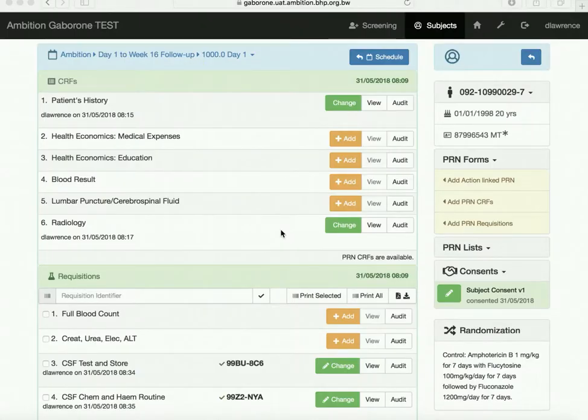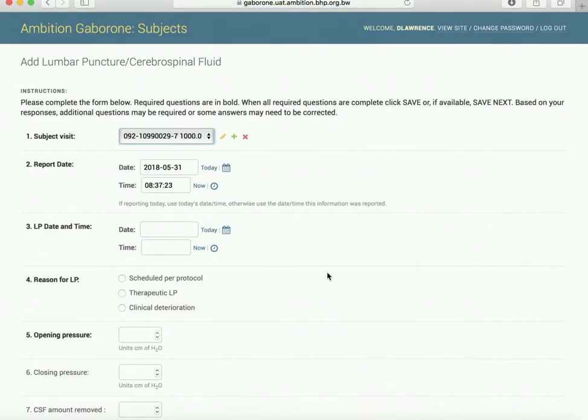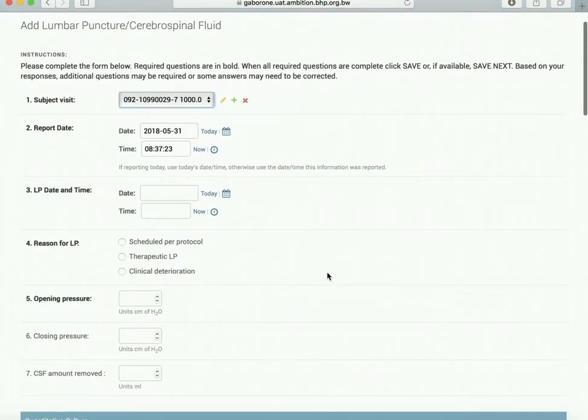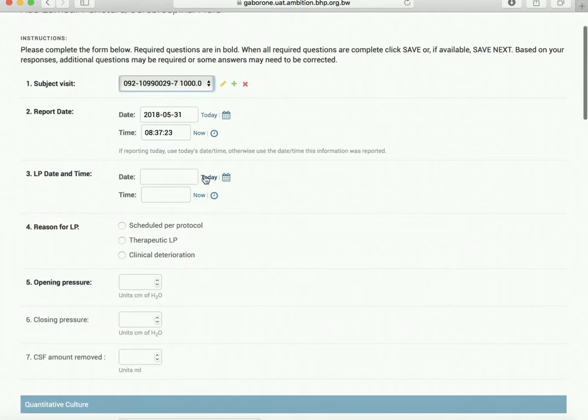So now I'll show you how you enter the results. So these were the 2 CSF samples, so they need to be entered into the lumbar puncture form. Now, before the results of these samples are back, you're likely to have already entered some data into that form